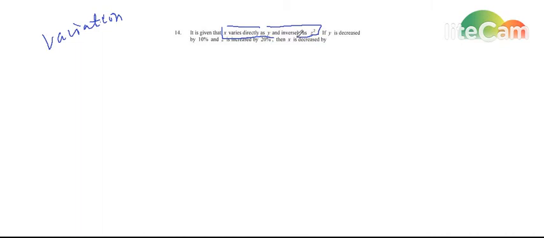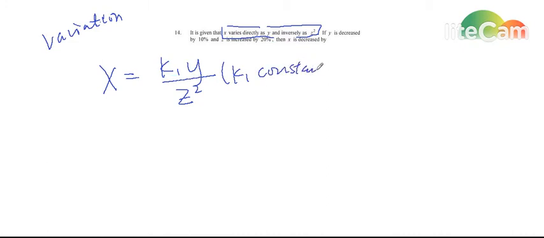inversely as z squared, so that we can write one of the equations like this: x varies as k1 y, and then inversely with z squared. Here we have k1, which is the constant. And then for the second equation, we know that x1 are in the question